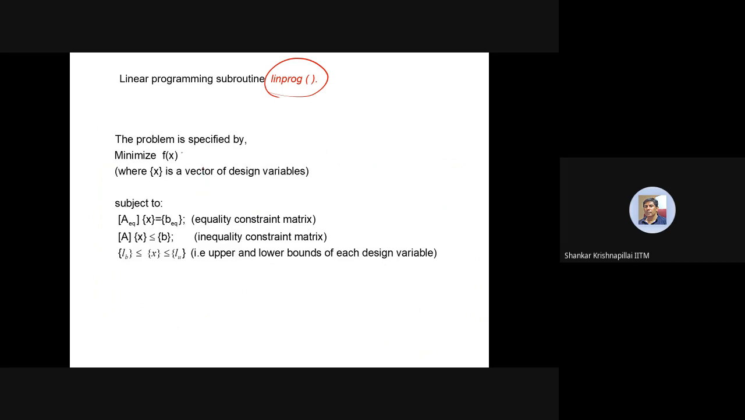This problem is specified by: minimize f of x. This program will only do minimization. If you want to do maximization with this program, you have to take the negative of the objective function and do minimization, so it will effectively do the maximization. So minimize f of x, where x is a vector of design variables like x, y, z, etc., or length, breadth, height, etc. Subject to